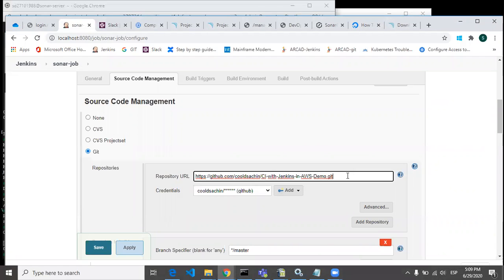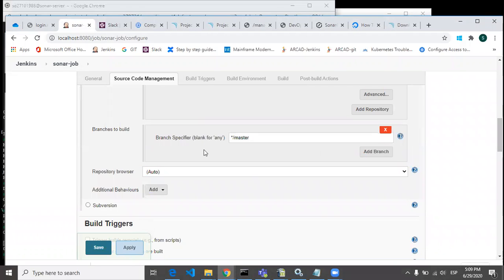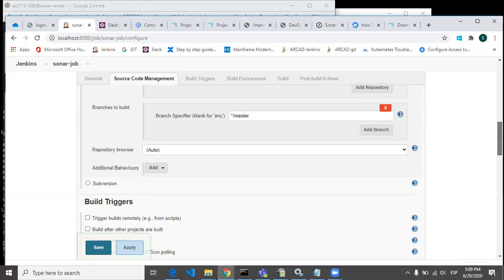This is the clone URL of that Git repository. The credential which I have given is of GitHub. Branch is by default master.